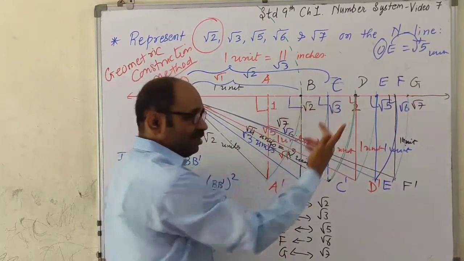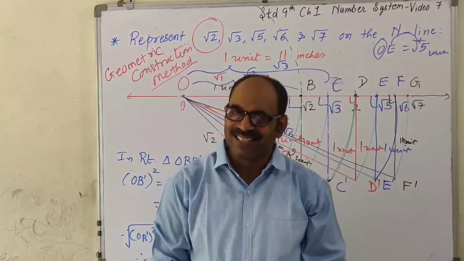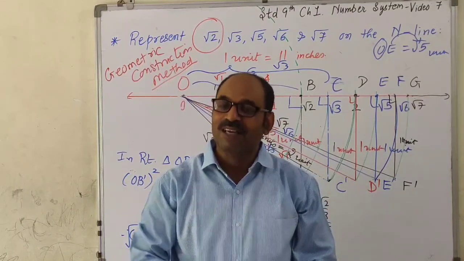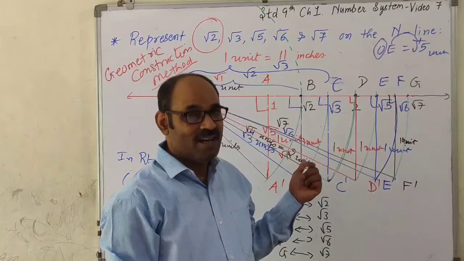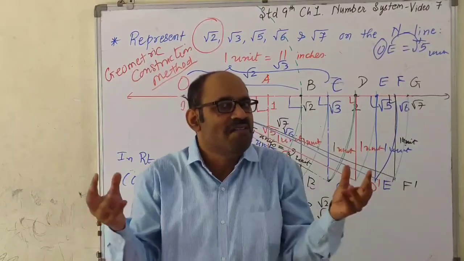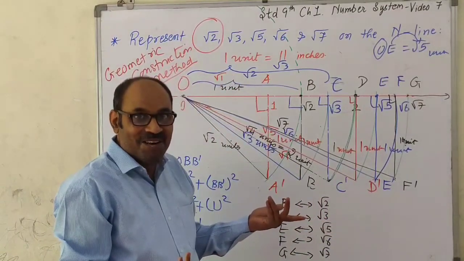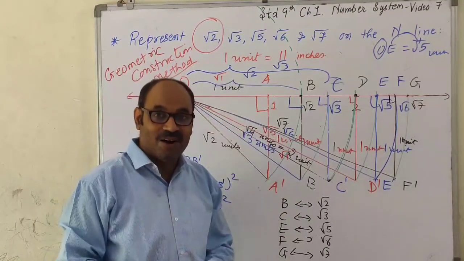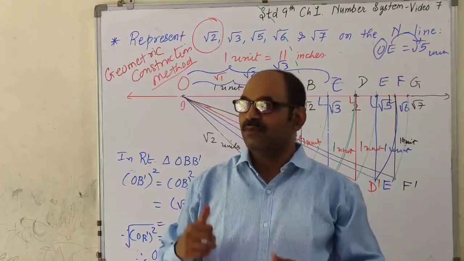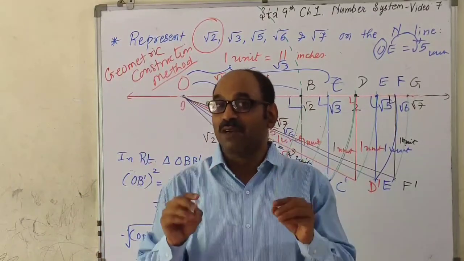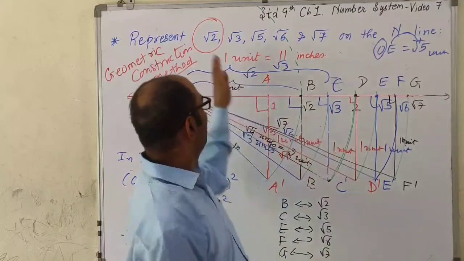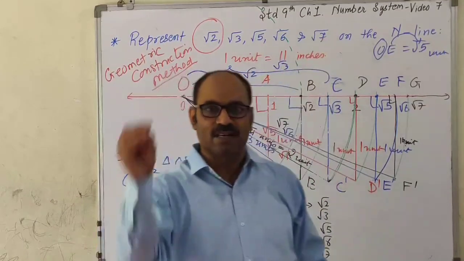Alright, you will get root 2, root 3 or any irrational number on the number line. Is that clear? Today I am going to end the session here. Tomorrow in the next video we'll be continuing this. I hope you understood the concept. I may have extended this session very long. I don't know whether you learned or not. The basics have entered in your head or not. But I hope it has entered, right? But next time when I am doing this work, it is very important from the point of view of examination. In the examination, they will definitely ask you, if not all, maybe root 5 and root 7 to represent on